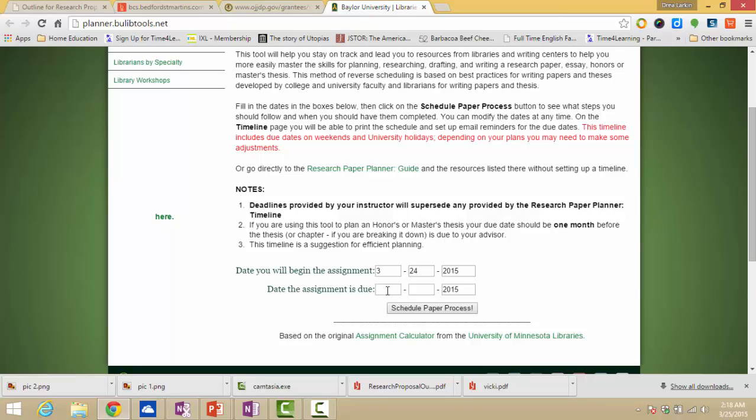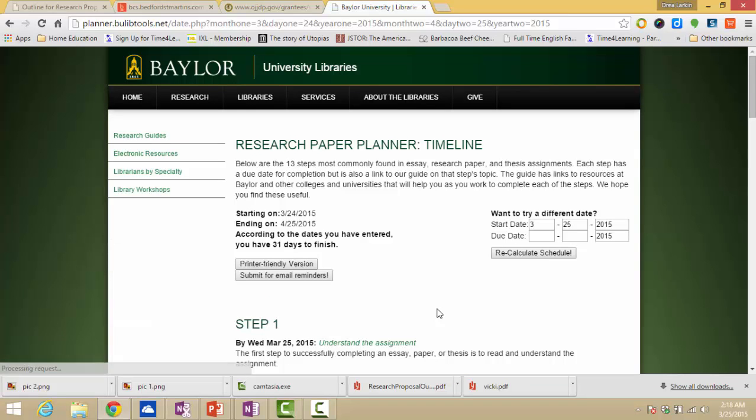I'm going to put in a due date of 4/25, and this is just an example. And we'll see what we come up with. So this is what the research paper planner timeline is for Baylor. If we say we're starting on the 24th and we're ending on April 25th, it says we have 31 days to finish.